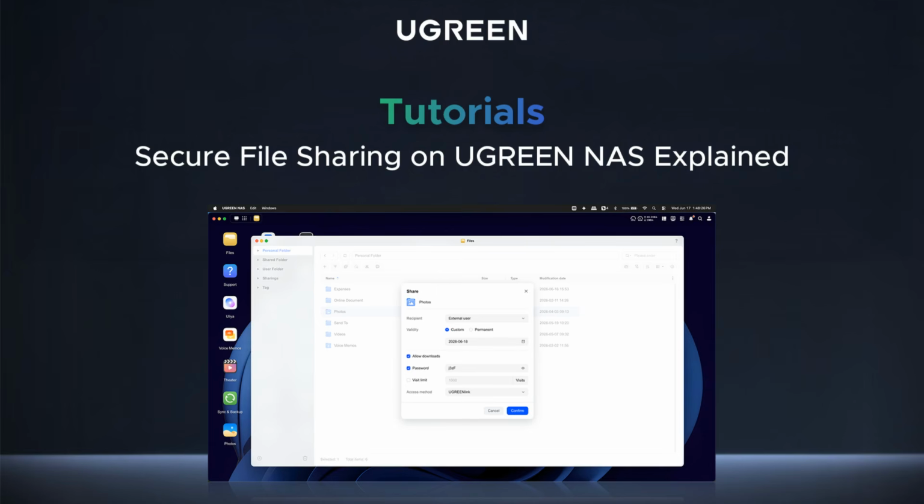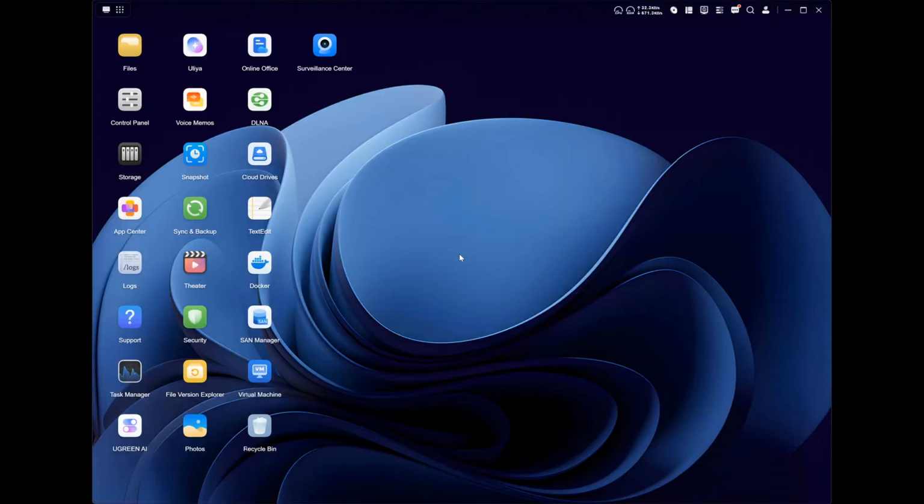Need a secure way to share your files with anyone, anywhere? In this video, I'll show you how to use UGREEN Link to safely share files and folders directly from your UGREEN NAS across the internet. Let's get started. To share files or folders using your UGREEN NAS, start by opening the Files app on your